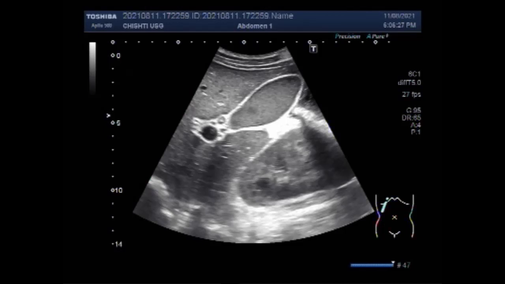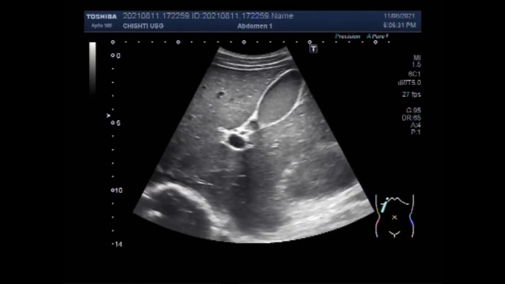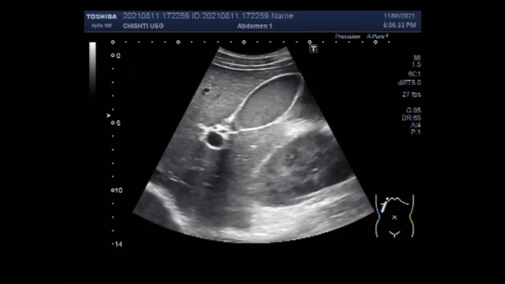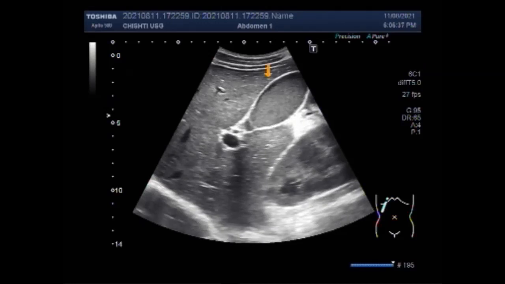This ultrasound video shows a mucocele of the gallbladder. You can see the liver, gallbladder and the right kidney. The gallbladder mucocele distension, which is usually non-inflammatory, results from an outlet obstruction of the gallbladder and is commonly caused by an impacted stone in the neck of the gallbladder or in the cystic duct.